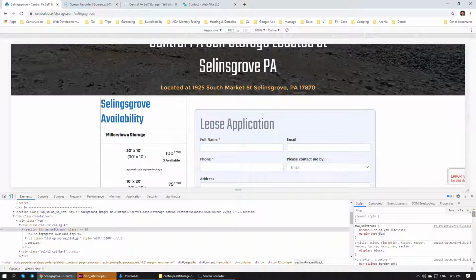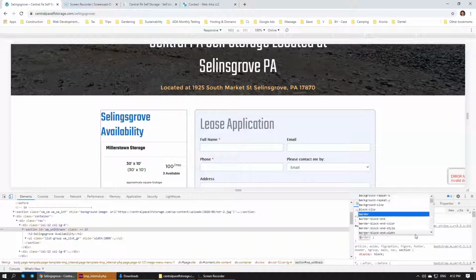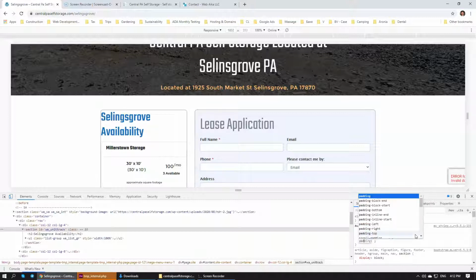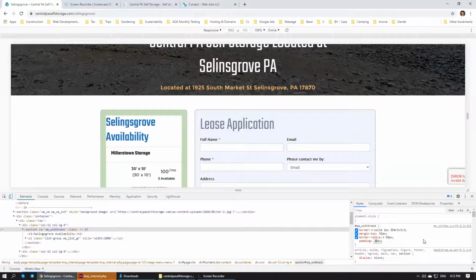I think it's more like 55 pixels. Yeah. So we're going to give it some border radius, 10 pixels. I think that's what I used. I'm going to give it some padding. 10 pixels. Actually, let's do 20 pixels, because I want to make sure that the